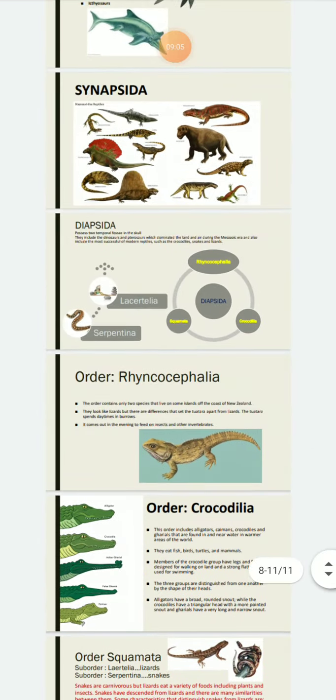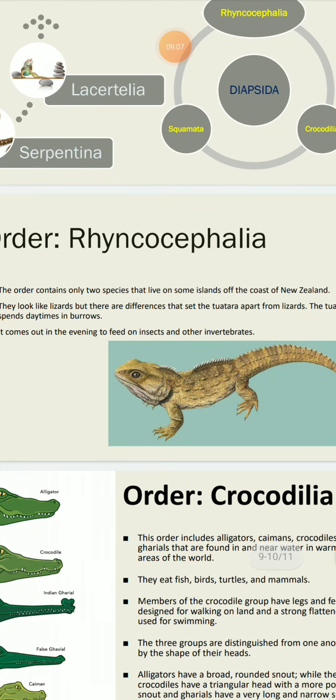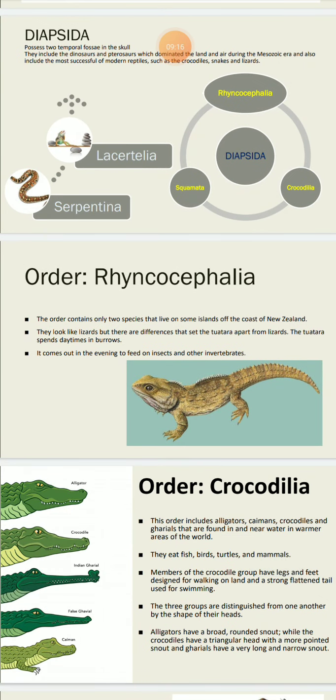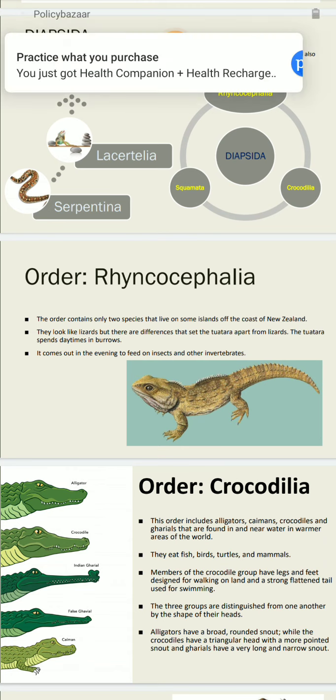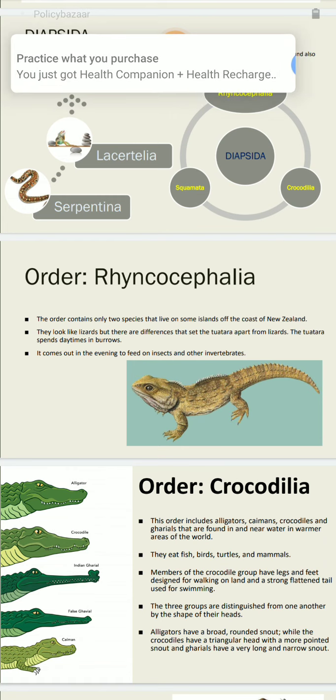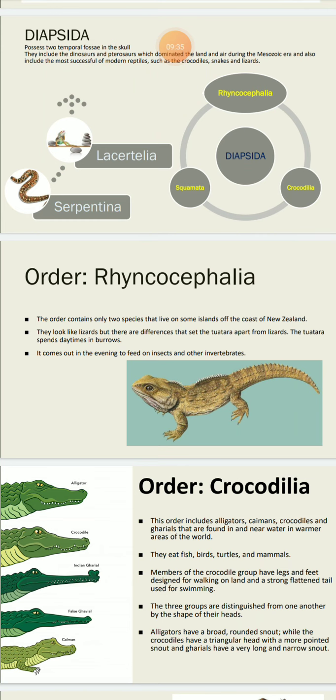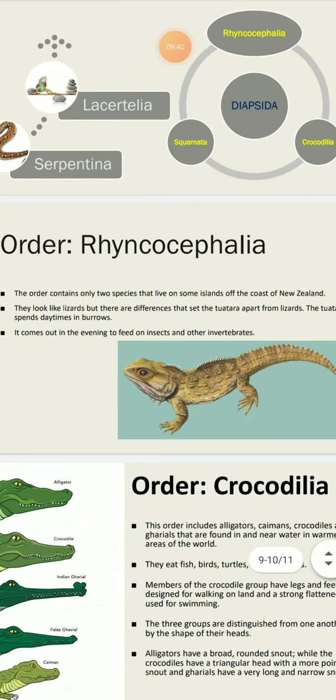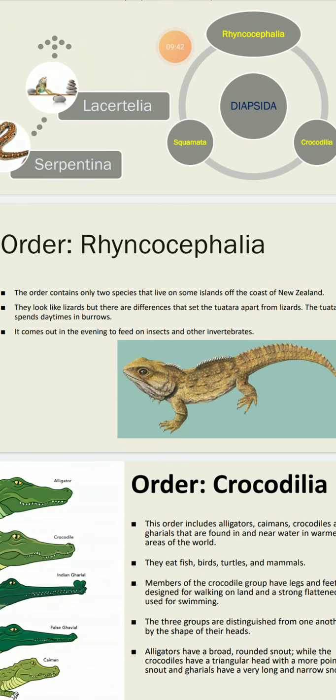So Rhynchocephalia, which you will study under a separate chapter with the special characters of Sphenodon. However, the order Rhynchocephalia consists of two species that live on some islands of New Zealand, specifically nowhere else on Earth, only on New Zealand. So they are called Tuatara or Sphenodon. They look like lizards, but there are certain differences that set the Tuatara apart from lizards. For example, they have a third eye, and they do not have external genitals. Instead, they rub each other during copulation,